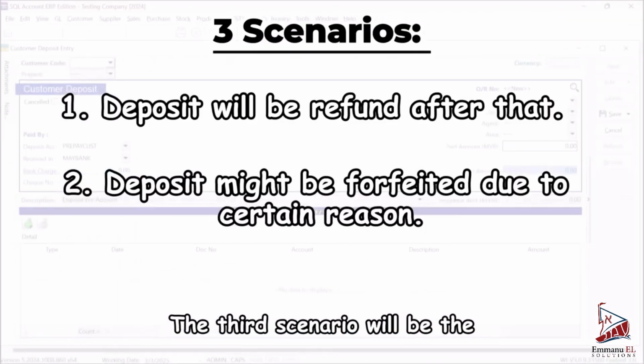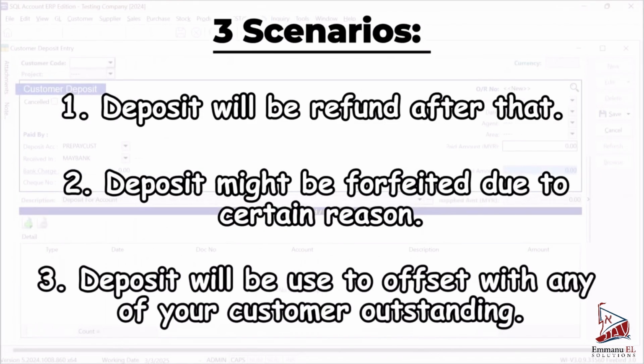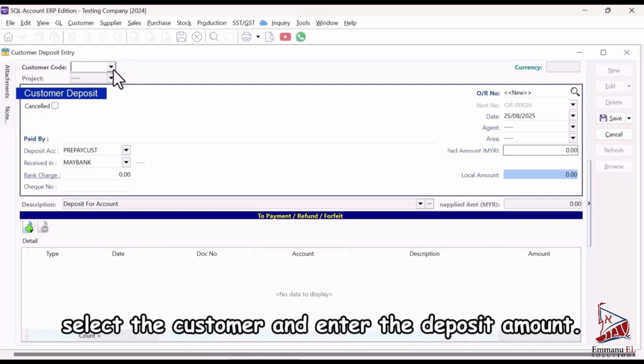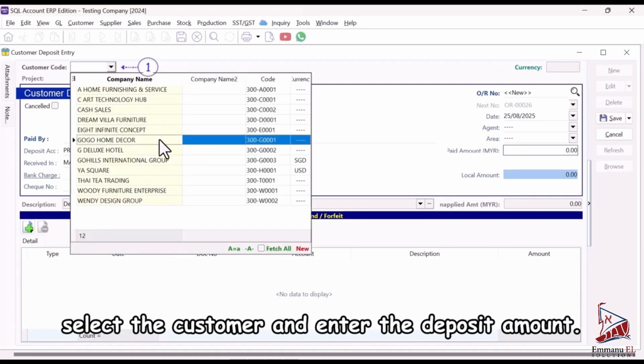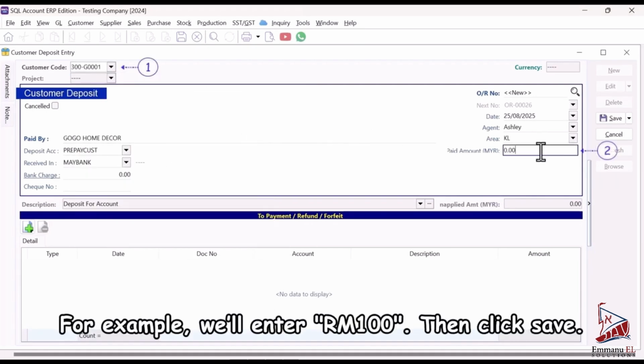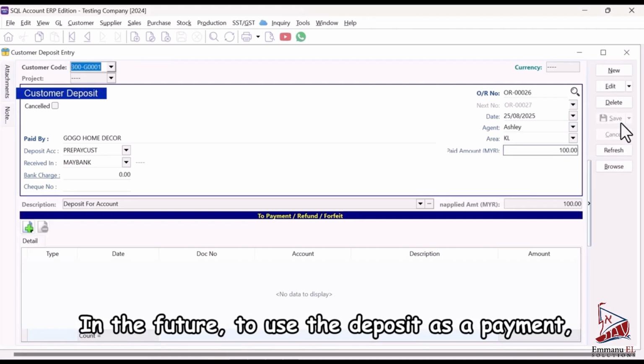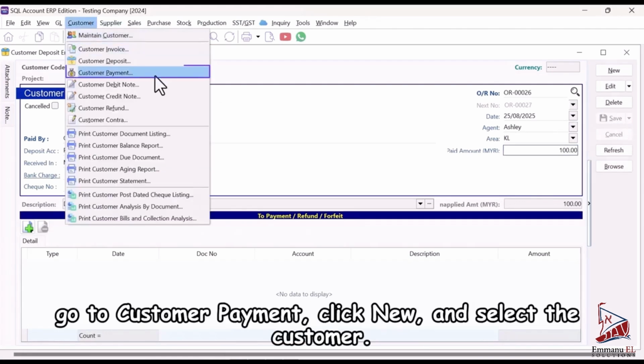The third scenario will be the deposit will be used to offset with any of your customer outstanding. If you wish to offset the deposit with a customer's outstanding balance, select the customer and enter the deposit amount. For example, we'll enter 100 ringgit. Then click Save. In the future, to use the deposit as a payment, go to Customer Payment, click New, and